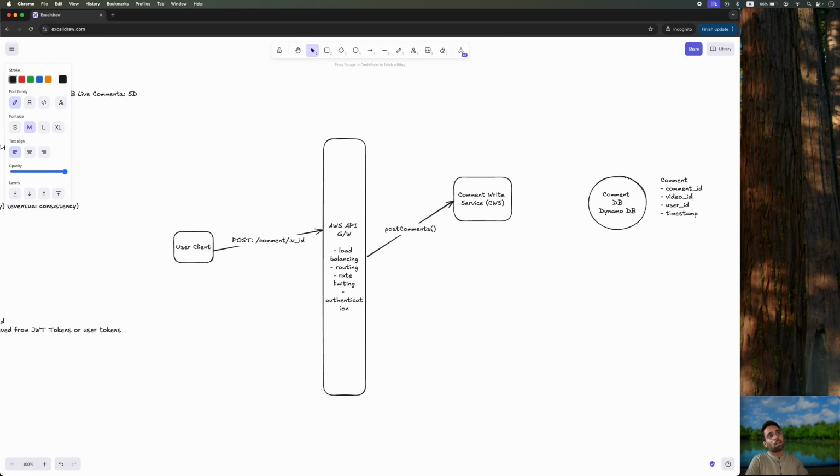Wisdom says that your video ID should be your primary key because it will help you fetch the comments for a particular video, and then you can use either user ID or timestamp for the sort key. For sort key, timestamp makes more sense, but I'm going to use user ID for that. The reason is that I need timestamp for the local secondary index first of all, and the reason I'm not going to use timestamp as the sort key is that